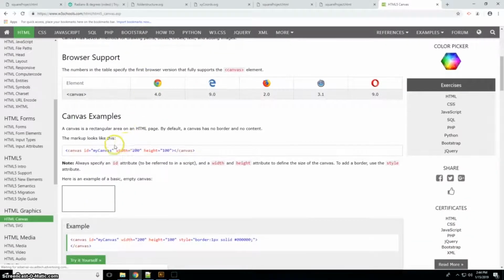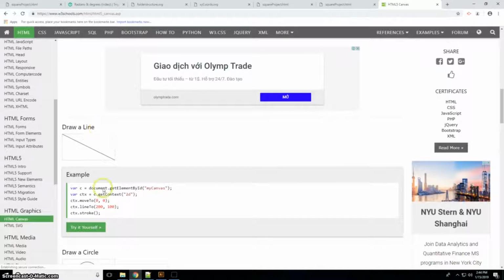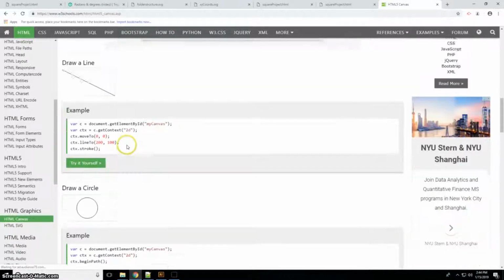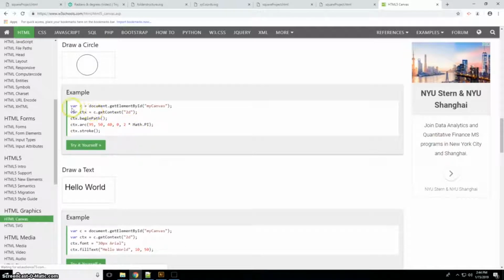Let's see if we can figure out how to draw a... Okay, that's how to draw a line. Interesting. Oh, how to draw a circle. This is what we want. They've got the 2 lines of code that I already have: this is my reference to my canvas, and this is my brush. They've called it ctx. So I've already got that, so I'm just going to steal these 3 lines of code,